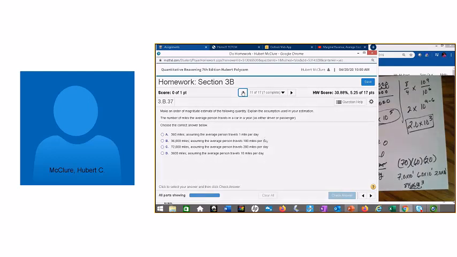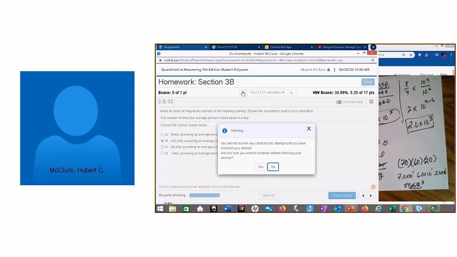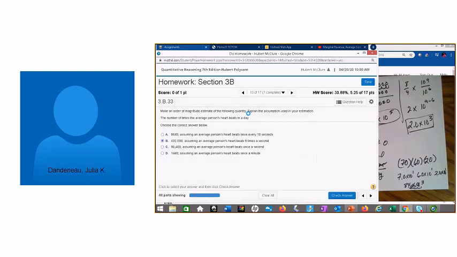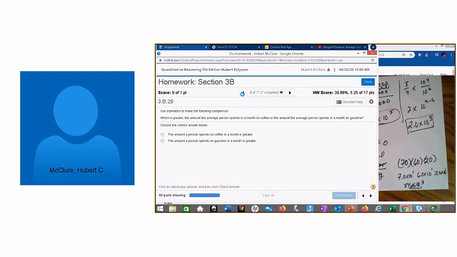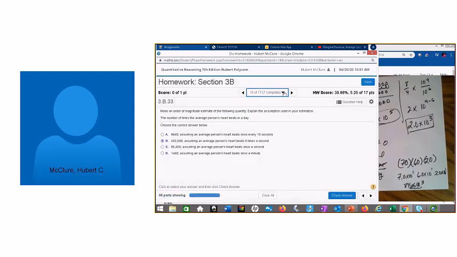Is that it? No. One more. Is that it? Yeah, that's it. Okay, so that's number 10 through